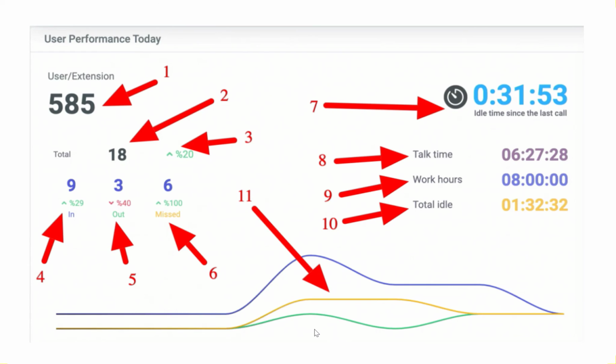As we mentioned before, we're always listening to suggestions and requests, so please be sure to use our user performance widget and let us know what you think so we can continue to offer the best